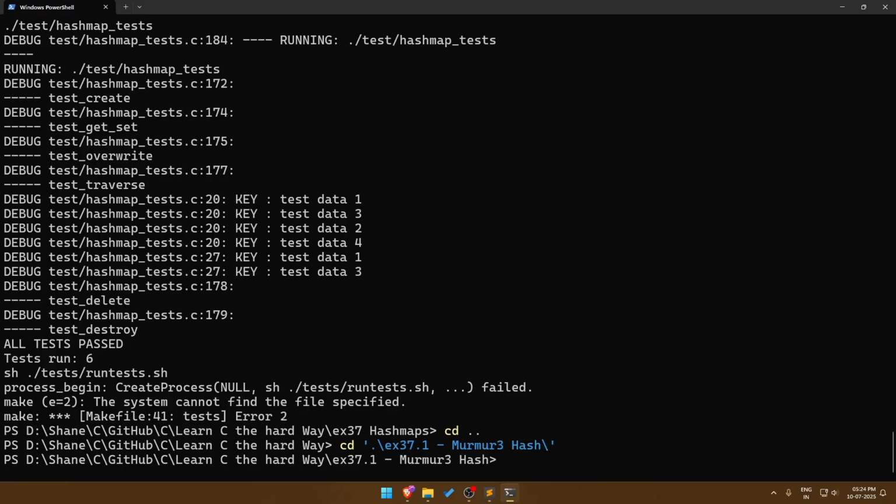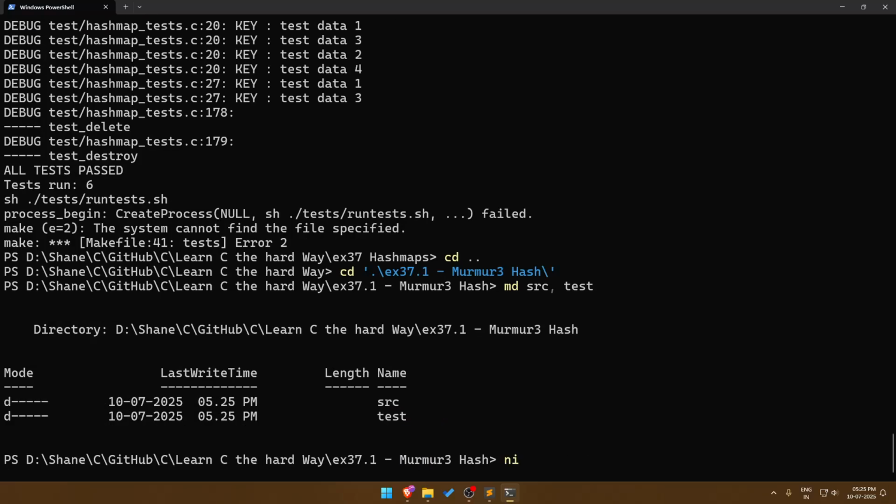Then I want to create new files. First, okay, source and test. Source and test. And source. Okay. No, yeah, source and test. Okay. And I want to create files. Source main dot... I'll go with murmur3.h, murmur3.c,